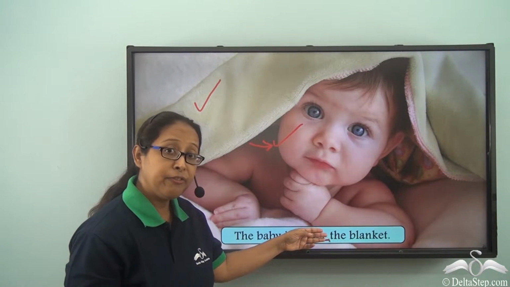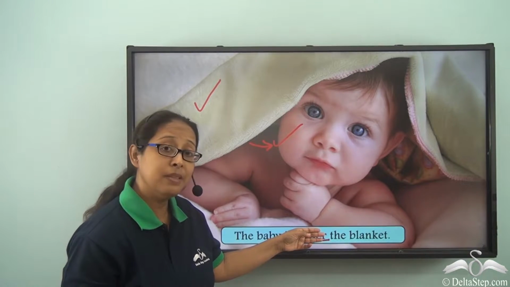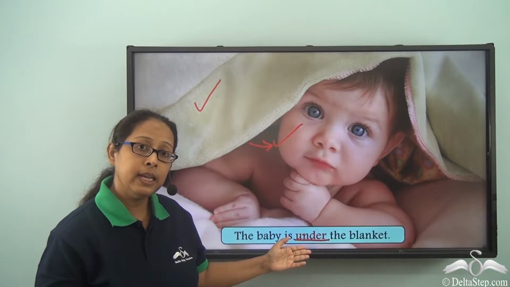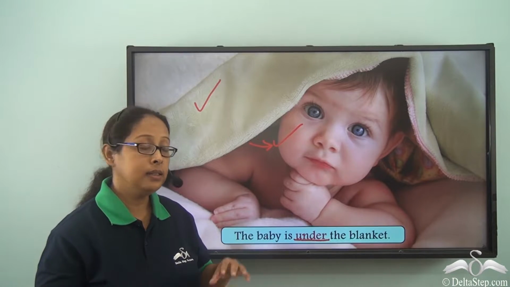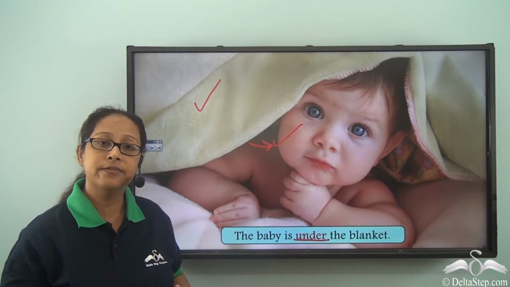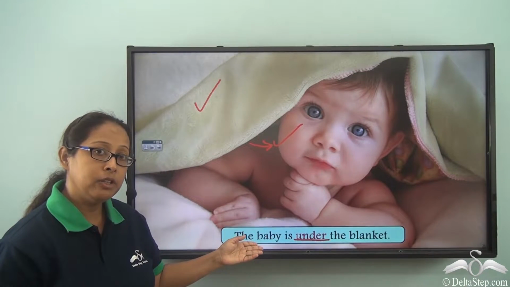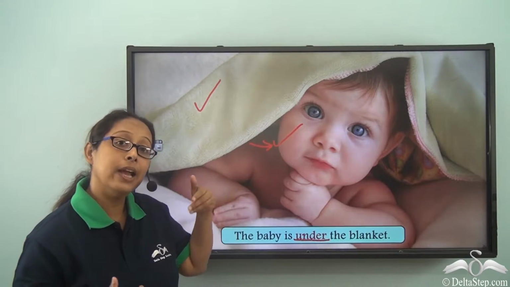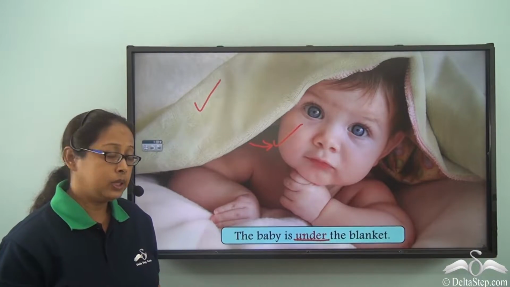Now, if under was not in the sentence, how would it sound? The baby is the blanket. Would it make sense? It wouldn't, right? So you can see how important prepositions are. They make the relation between the noun and the pronoun and the other words in the sentence very clear. Here we are talking about the blanket and we are talking about the baby. And under is showing that something is directly below the blanket over here. It is covering the baby. In other words,